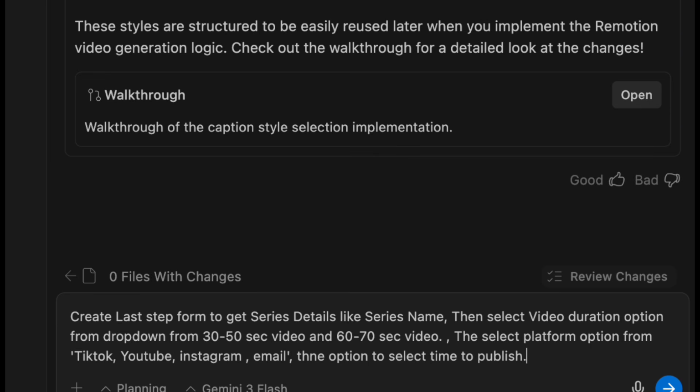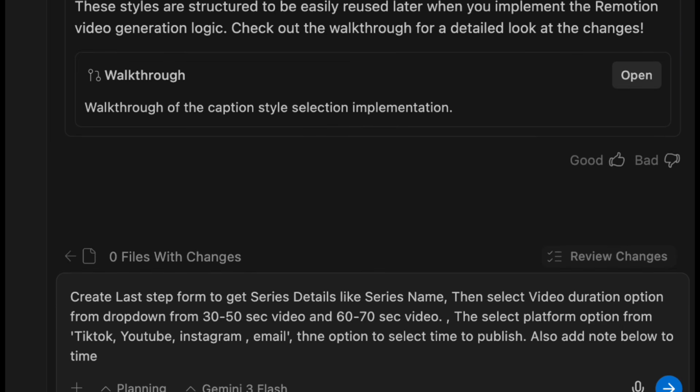Okay, and also add a note below the time selection that the video will generate 3 to 6 hours before video publish,